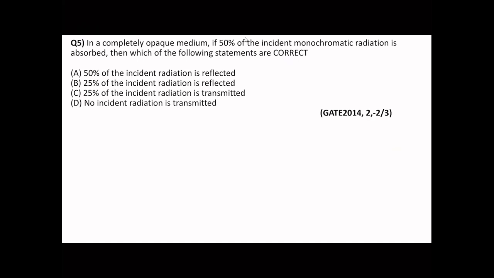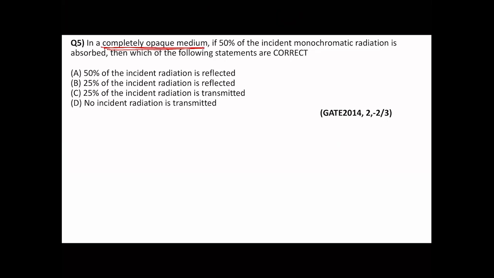This question is on the alpha rho tau thing. You have been given the value of alpha, and you are given the second hint that the material is a completely opaque medium. We have discussed this in our previous classes. So using this, find out which of the following options are correct. I will pause. You can pause the video over here, and then I will be discussing the solution next.